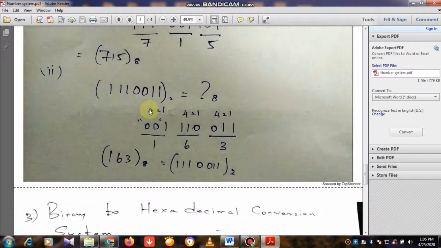And next, here also I'm going to convert a binary number into octal. I am supposed to split it into 3 bits, starting from the LSB side: 110, 011. But here there is no number in front of this one, so I am supposed to add 00 in front of it. Whenever there is no number to form a 3-bit binary combination, you simply add 0. If there is 11, then add a 0 in front of this 11. So apply the 4 2 1 rule and get the final answer.